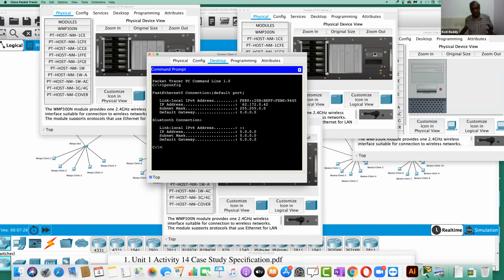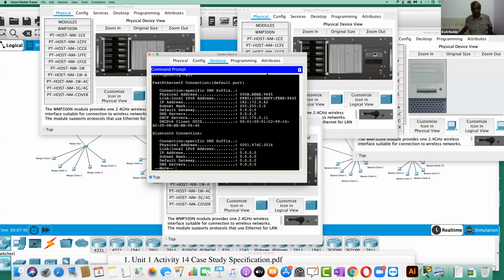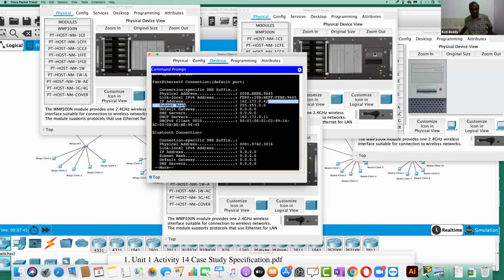It has got IP address 162.170.0.42. From where? From the DHCP server, right? So I give the command ipconfig/all. It shows this particular output saying the IP address is 162.170.0.42. It got it from the DHCP server 162.170.0.11.